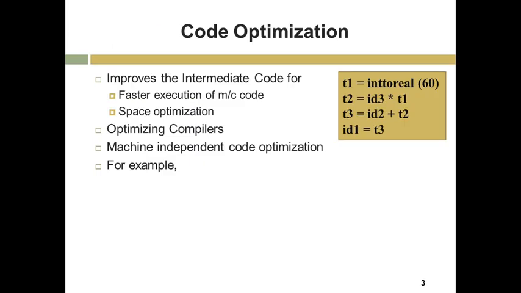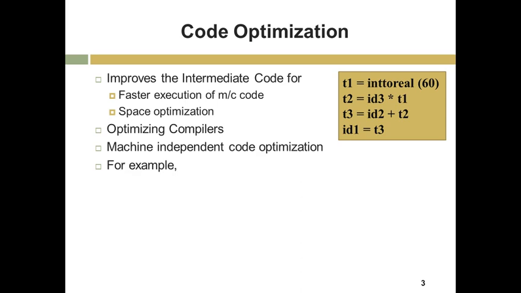The major role of the code optimization phase is that it improves the intermediate code for faster execution of machine code as well as for space optimization. The intermediate code generated can be optimized further. This will improve the execution of machine code. The compilers which largely optimize the intermediate code are known as optimizing compilers. This optimization phase, which is kept before target code generation, is machine independent code optimization that performs optimization of intermediate